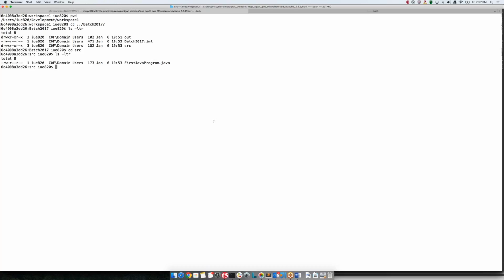I need to go to the folder location, the development folder, and inside SRC. Then ls -ltr. This is the program that is there, first Java program. How can I convert this first Java program into a compiled version? I need to use a command. If you type java first Java program .java,